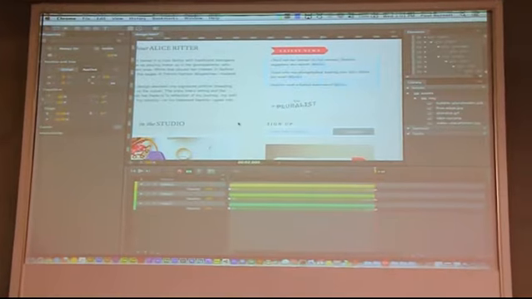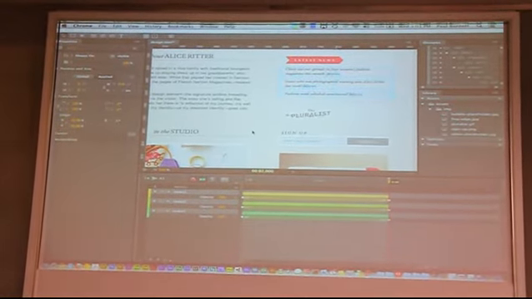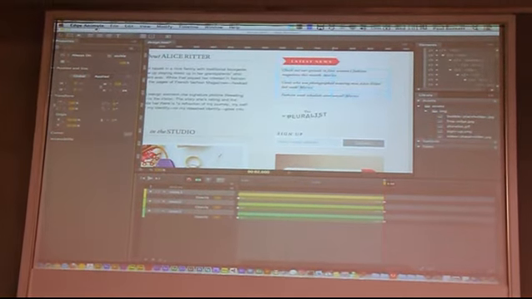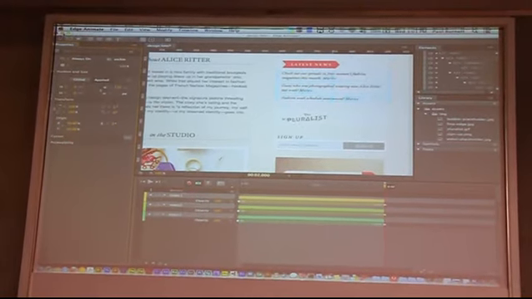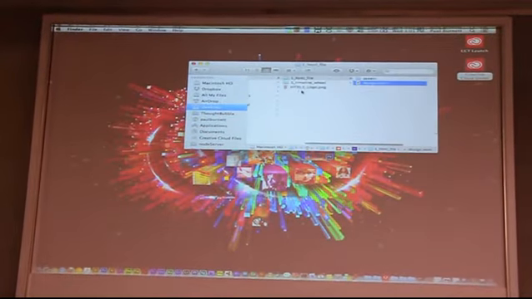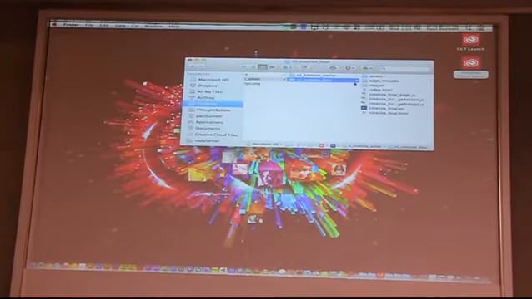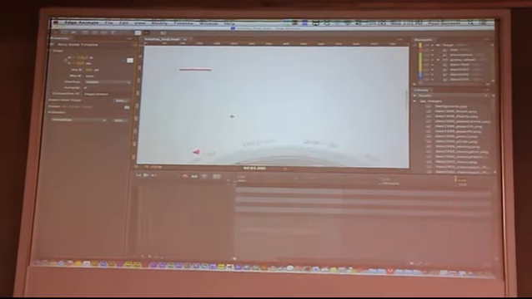Apart from animation, you can also do interaction in there. Very simply add code to it. Let me open up a file that's a little bit more complete. I'll just jump out of here and grab it from here. This is the sort of stuff that our designers and developers are building